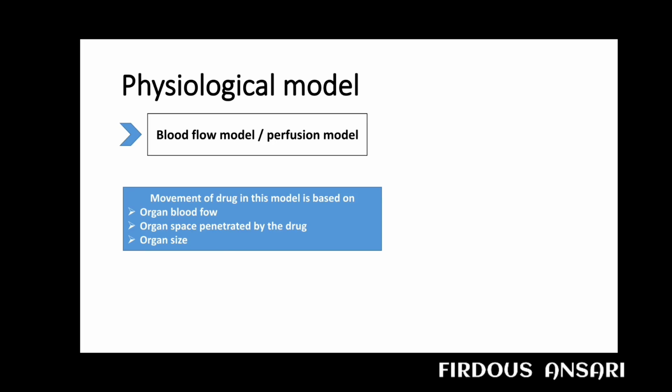So basically we have done grouping of the organs. We group all the tissues on the basis of similar blood perfusion and then make a similar mathematical equation for each group. Organs like liver, lungs and kidney, here blood flow is continuous and rapid. Therefore we have individual mathematical equations described for these organs. Okay, a separate mathematical equation for liver, a separate equation for lung and a separate equation for kidney.